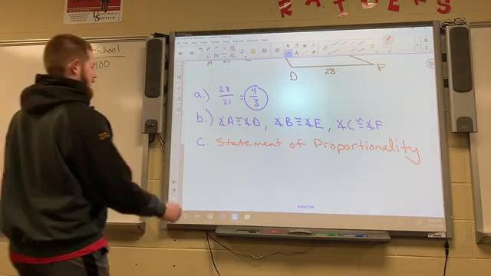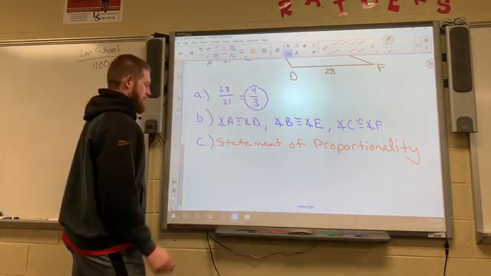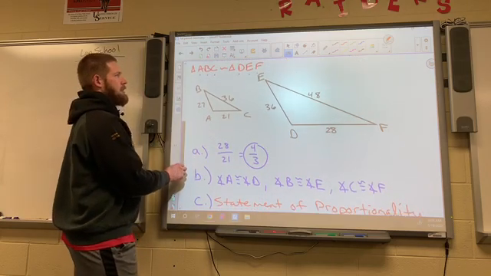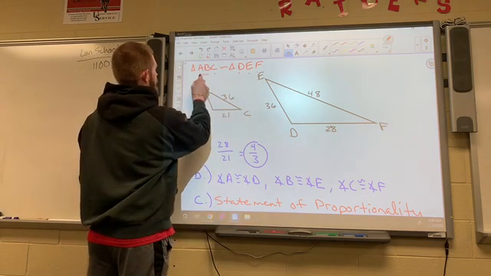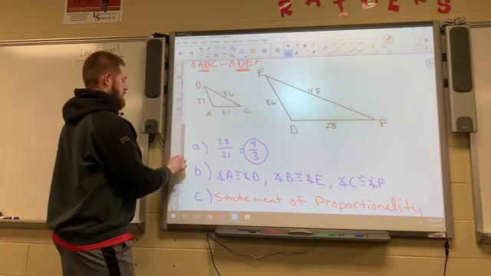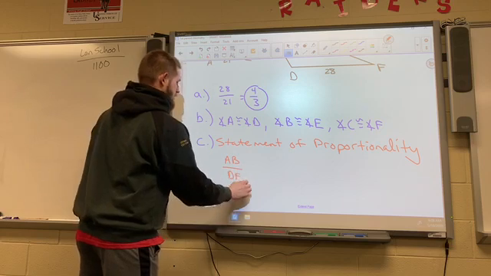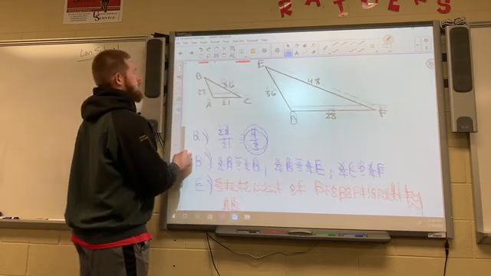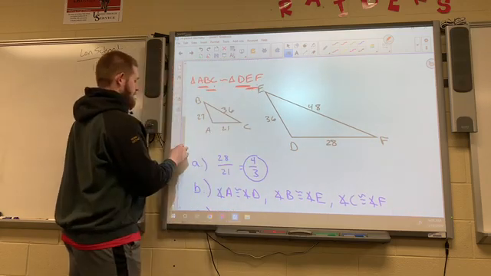Okay? So again, if I were you, I wouldn't mess with the diagram. Don't mess with the diagram. This one again is probably pretty easy, but they're going to get a little bit more difficult. So I'm going to go right to the similarity statement. I know that AB should go with DE. They're the first two in both. So AB over DE. Okay. That ratio should be equal to BC over EF